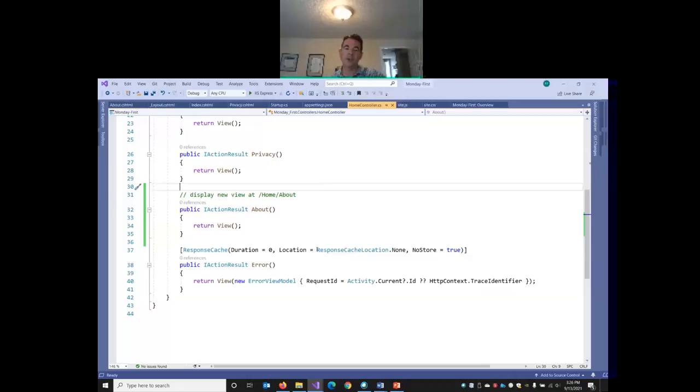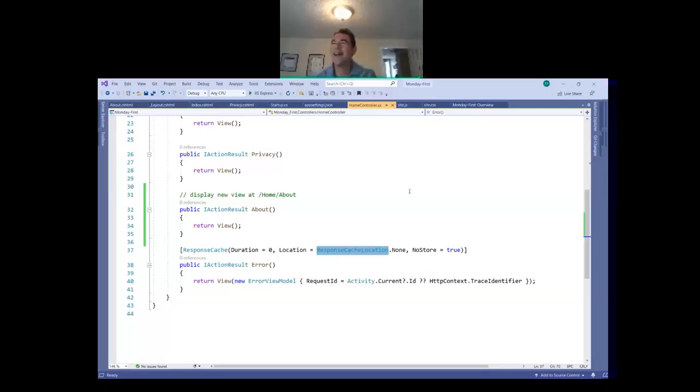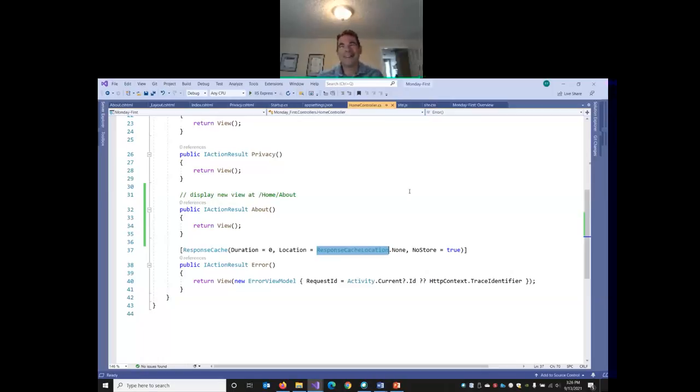Microsoft has used this version for decades. Does anybody know what this is called? It's not Camel Case, it's something else. Megan, good guess. Adil has got it. It's called Pascal Case. And this is the naming convention that Microsoft has used forever and that it wants you to use for MVC. So notice, if I rename my About method and start it with a lowercase,